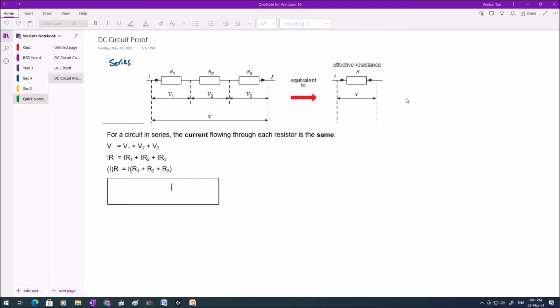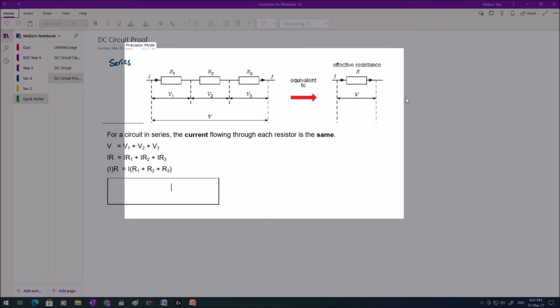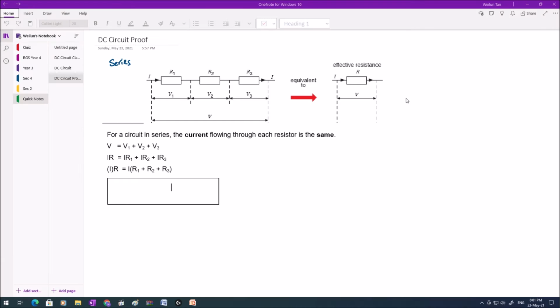Let's look at the proof to how effective resistance is calculated in a series circuit. Let's recall that in a series circuit, the current is the same. So the current going through R1, R2, and R3, if the current is I, it's going to be I throughout. Now we also know that in a series circuit, the